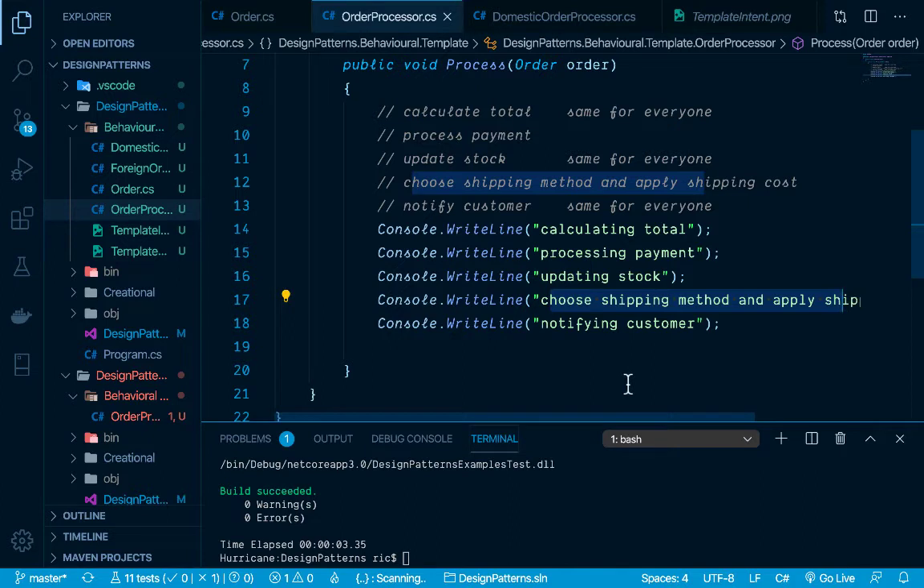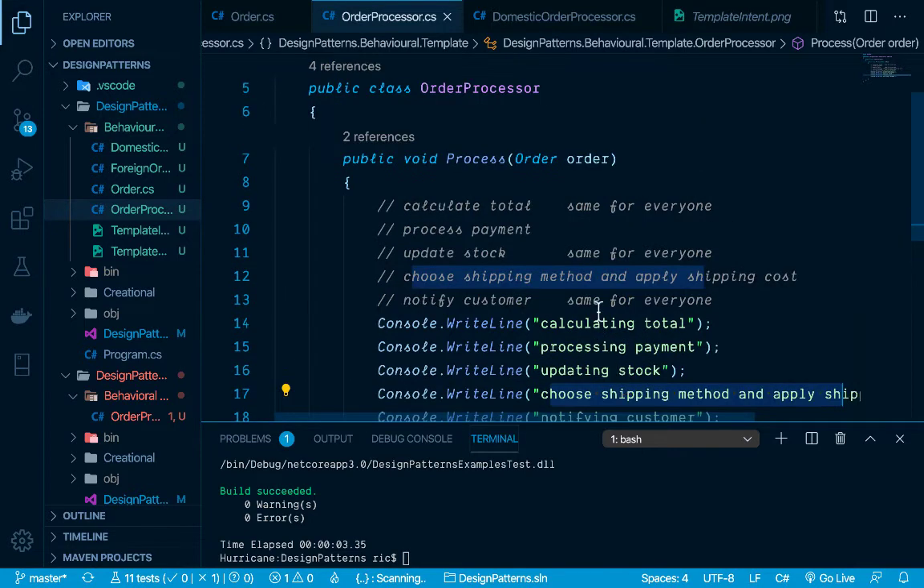So we are not going to be able to have a single and simple process method inside our order processor, because a single method is not going to cut it with all the variation that we'll need to make. So what do we do? Well,